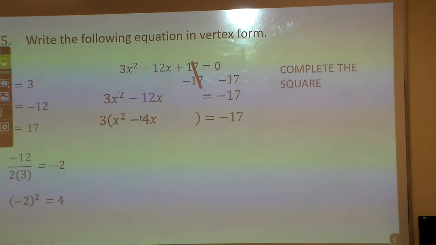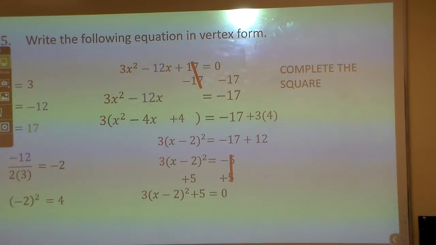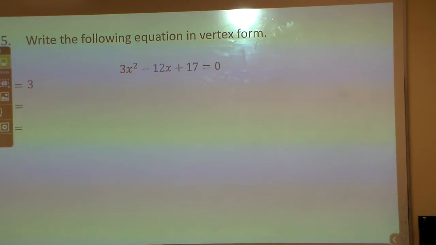Now negative 4, half of it is that negative 2, which means squared is the 4, which I got over here anyway. So now I know I have a 3 for my a, x minus 2, and I have this negative 17. And notice I take 3 times 4, because when I added this 4, I didn't add 4, I added what? It's 3 times 4. So I got to add this 3 times 4 here, which makes a negative 5, which when I add it back to the other side makes the vertex like that. So it's basically f of x equals 3 times the quantity x minus 2 squared plus 5,